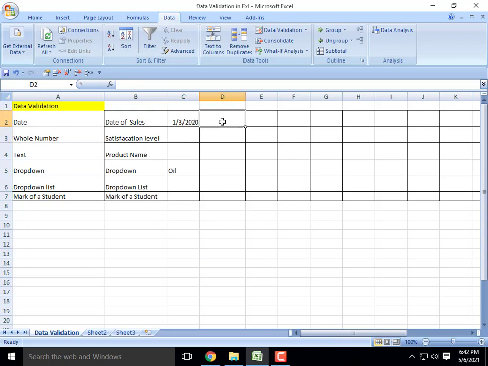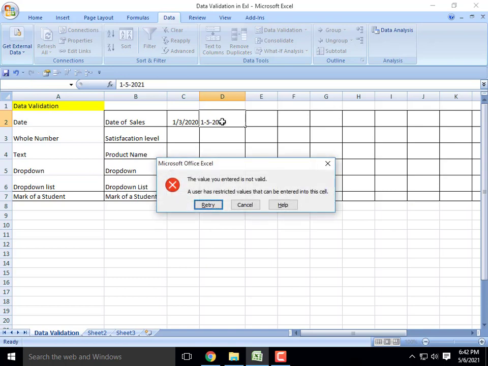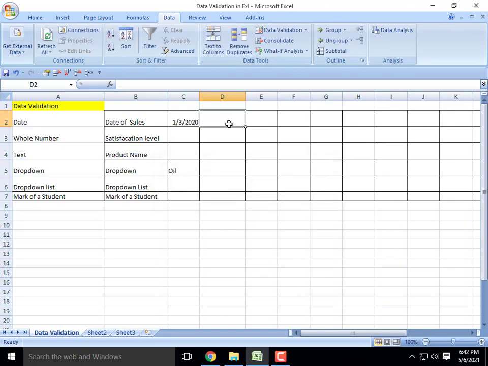Suppose I enter 1/5/2021. You get the error message, and you can cancel here. In this way we can fix from which date to which date we want to enter. If you enter any date outside the period, you get an error message. So this is for date entry.